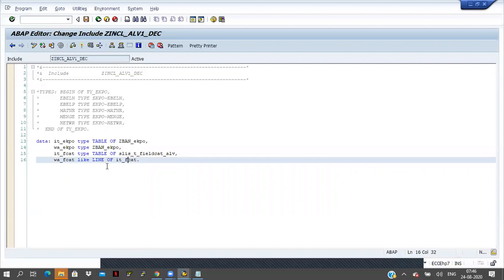Why am I taking it like that? Here this is the internal table. By using the internal table name, I want to declare the work area. At that time, you have to write like this: work area, fcat, like